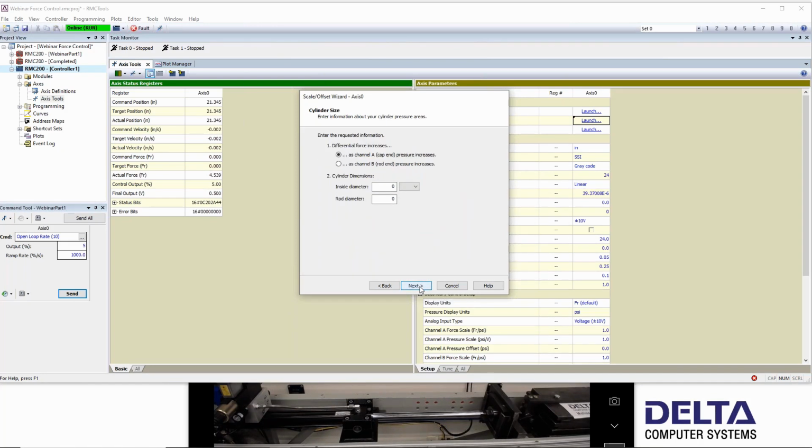So click next, and we have to decide which direction the force will be increasing. So if I look down at this video here, as I'm pushing into the rubber, I want it to increase. So that means when the pressure on the other side of the cylinder, the cap end increases, then the force becomes positive. So I choose the first item as channel A, cap end pressure increases, the force is positive, it increases. If we go backwards all the way and the rod end pressure increases, that will give us a negative